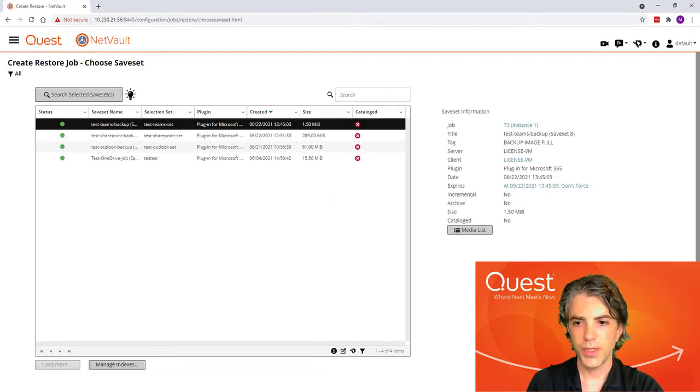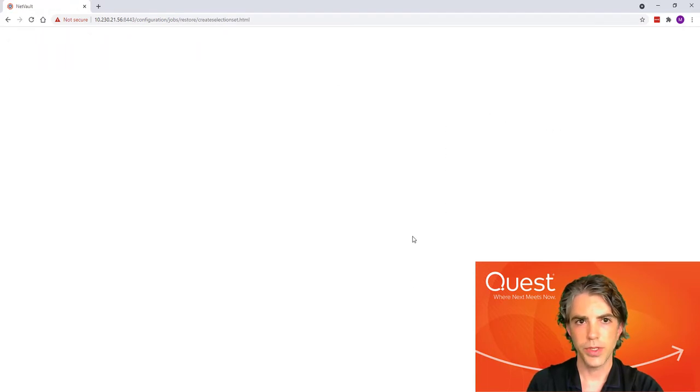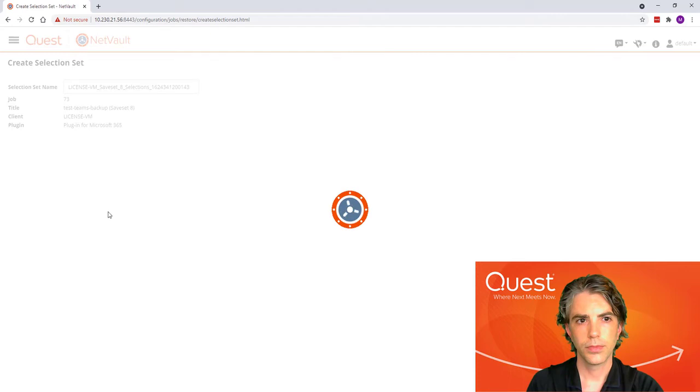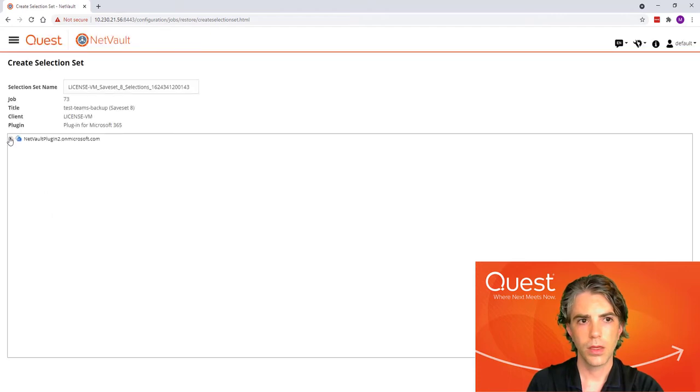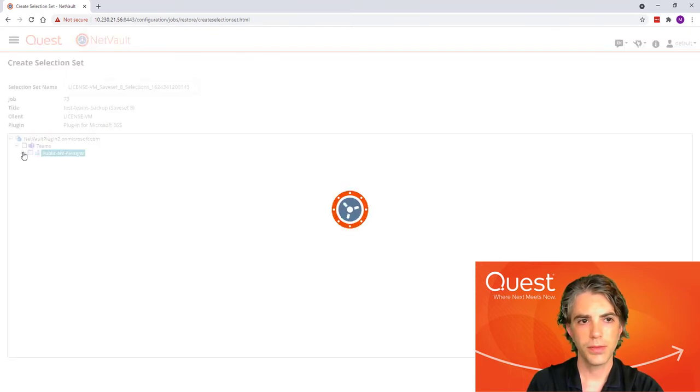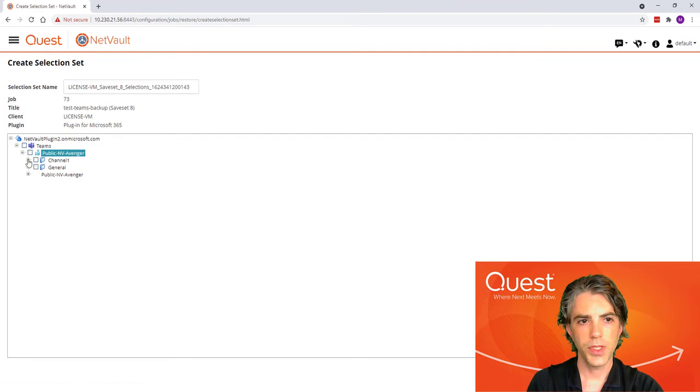Let's take a look at Teams now. We'll come back to SharePoint in a moment. In this backup, we have protected one Teams site. And this Teams site has a single channel.